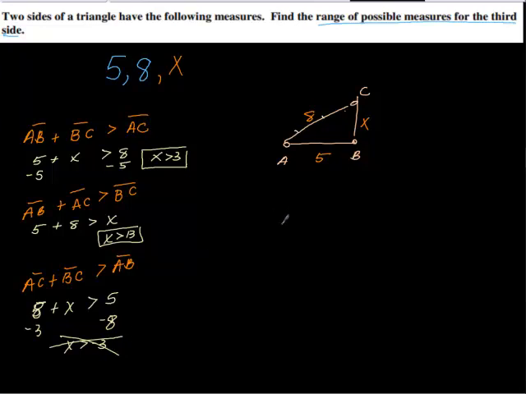So now we're just going to start this out. Here's X greater than 3, right? Because I can read this inequality backwards, right? If 3 is less than X, then X is greater than 3, right? And X is also